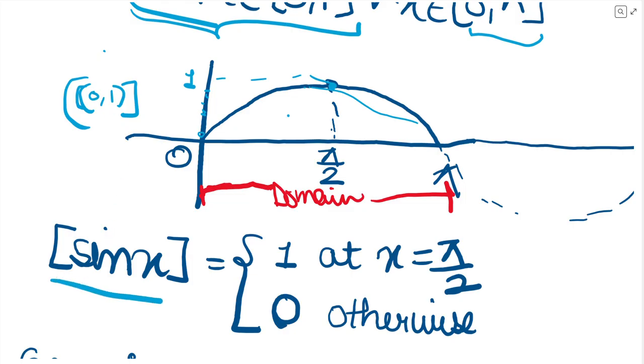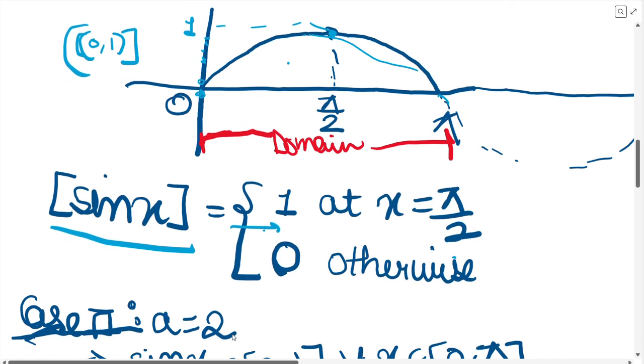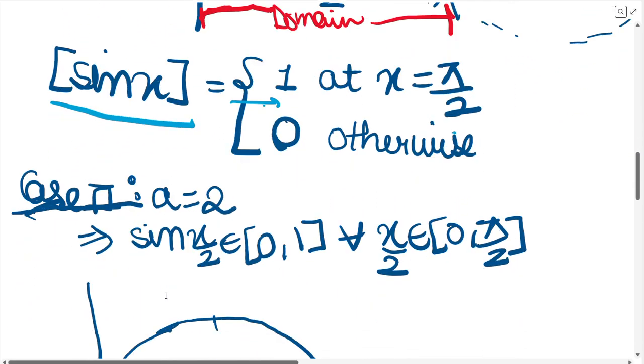So finally we find that the greatest integer of sin x is 1 at x equal to pi by 2, because that is the only possible case where it obtains its maximum value, and it is 0 otherwise, right? It is also 0 at the boundary cases, which are 0 and pi, right? So we need to break down the function wherever it is having integer values, right? That's the beauty of the greatest integer function.